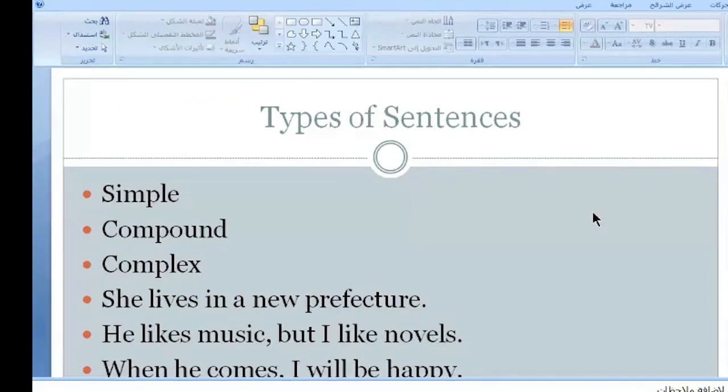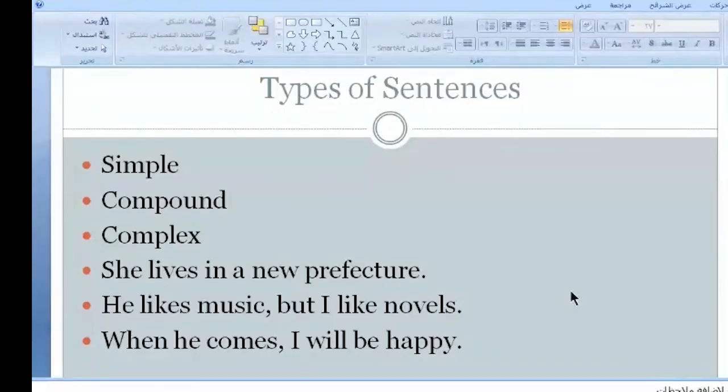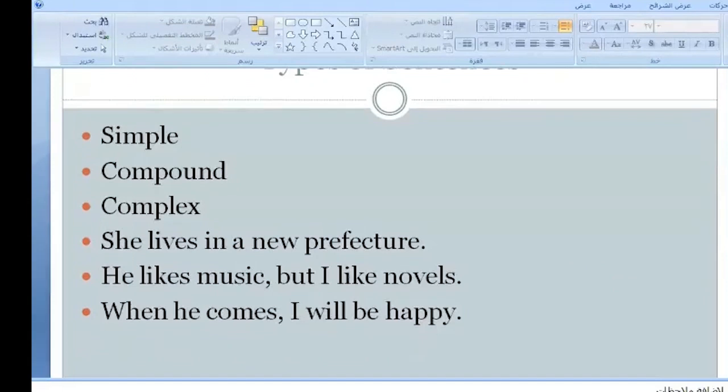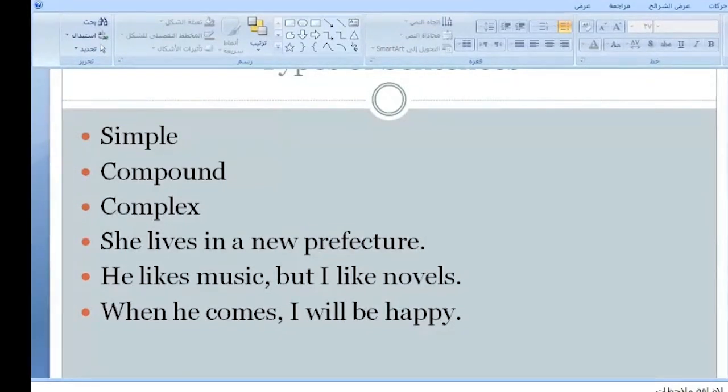خلي اشوف انا شنو الفرق بيناتهم. So again, I have said that there are 3 types of sentences. We have simple, we have compound, and we have complex. So let us see out of these 3 examples what is meant by simple, compound, and complex. Let us examine the first one. She lives in a new prefecture. Is this simple, compound, or complex? Who can answer? Sir, simple. Simple. Yes. Who else بعد؟ Why is it simple؟ من يجاوبني؟ ليش هذه الجملة بسيطة؟ Why؟ اوكي، هسه